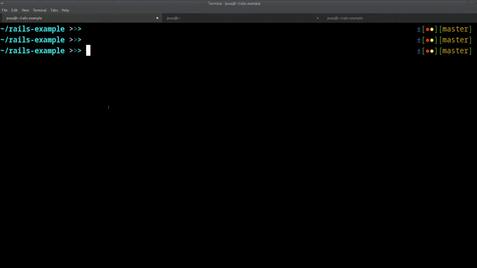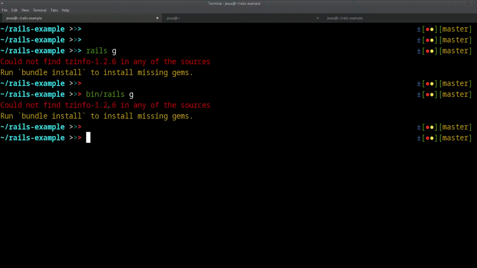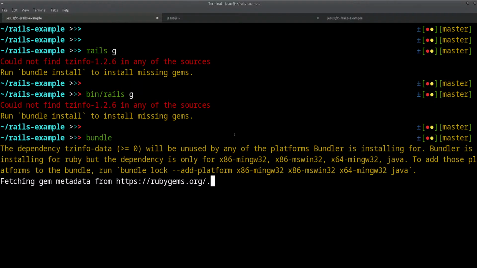Let me show you something. If you do Rails G, hold on. I need to install gems. Well, let's do that. I wanted to show you all of the options that you have. If you do Rails G, you should be able to see the different kinds of generators that you have. But let me just install the gems for you so we can run this. And while that's running,